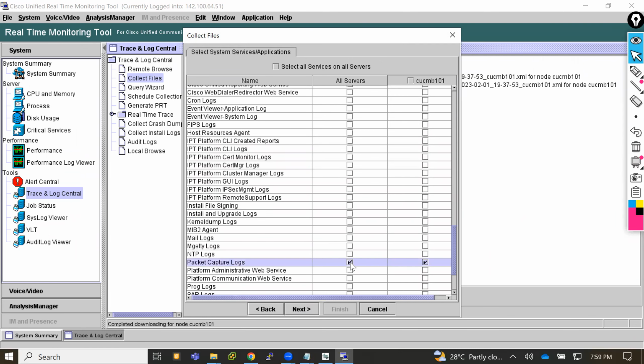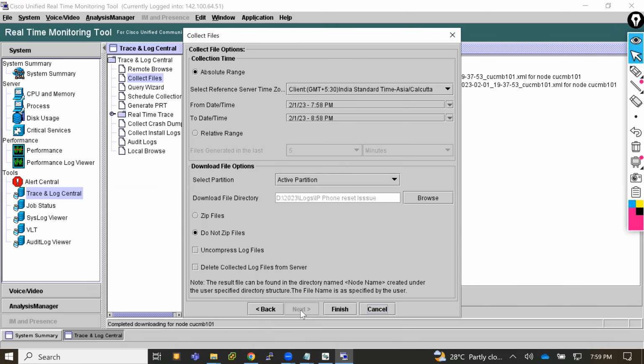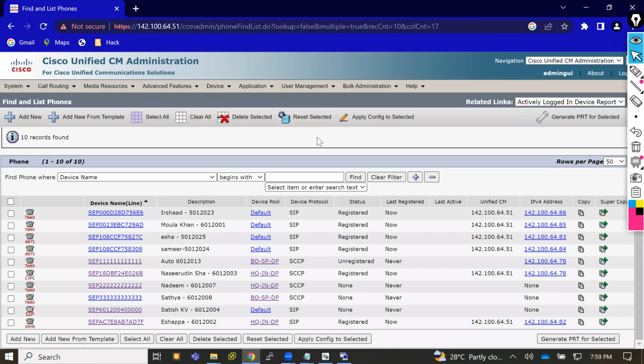Packet capture logs. Okay, this time I'm going only call manager and packet capture logs. Next, I'll keep it this. What we can do here,